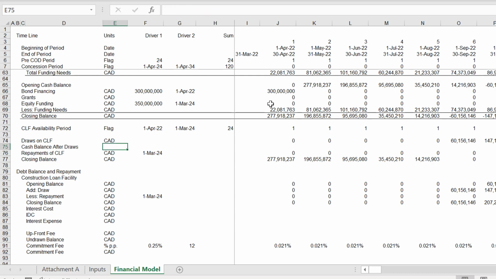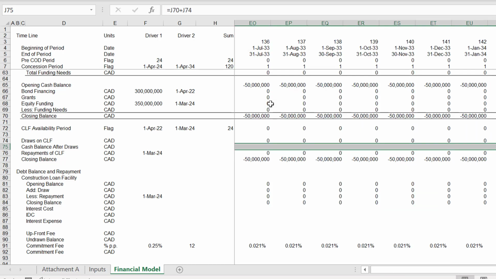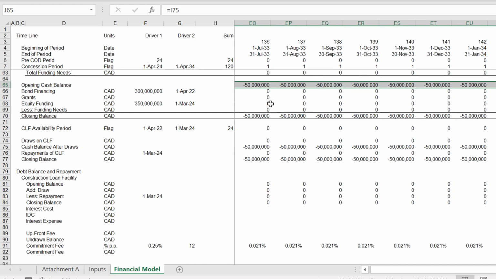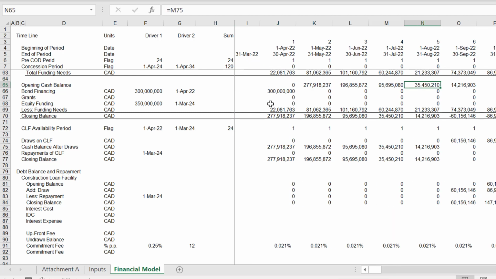Now, I'm sure this is going to be wrong too. This is kind of the thing I was talking about. We put this plus this, okay? And I'm totally worried about a circular reference. Notice there. And now, when we do this, the opening balance, instead of this closing balance, I'm going to make it this cash balance after the draws. Okay, and this amount we have to borrow now